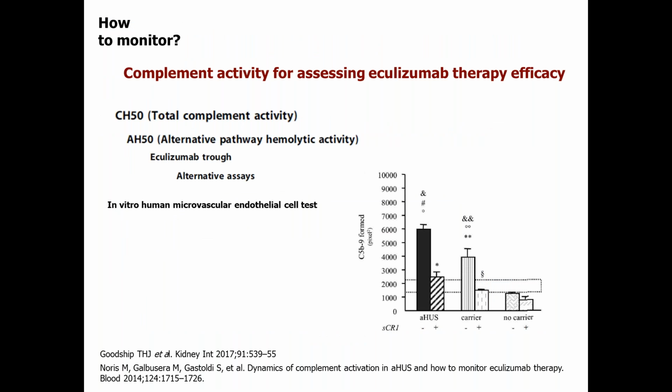Then to stop the treatment, complement activity testing should help us. There are various methods described, like total complement activity testing, alternative pathway hemolytic activity, Eculizumab trough levels, and there are alternative assays like one developed in Bergamo, where an in vitro human microvascular endothelial cell test is performed, trying to establish the complement activation at the endothelial level. So this might help in